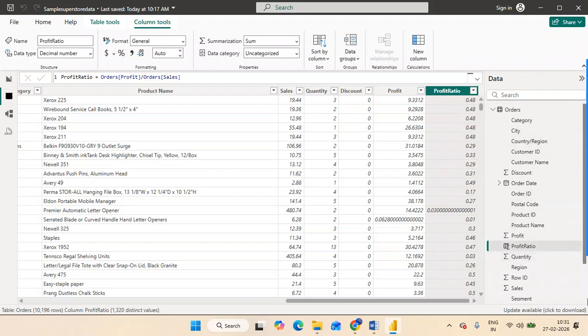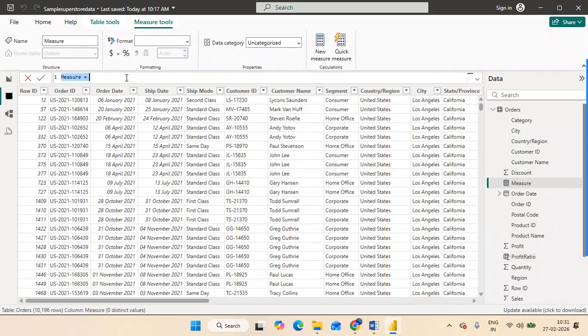Let's say I am going to create one more measure. I'm going to create a new measure here. In this measure, let's say the same profit ratio.